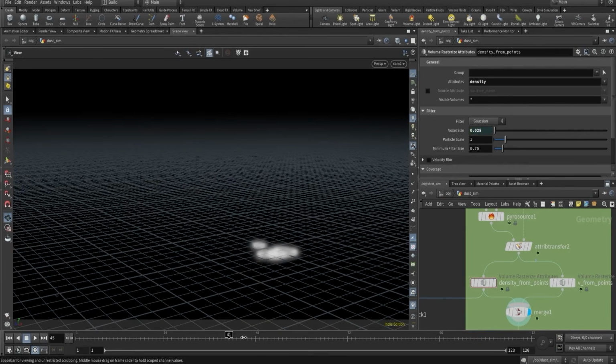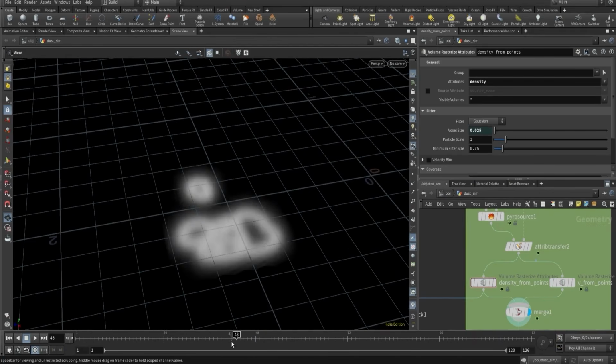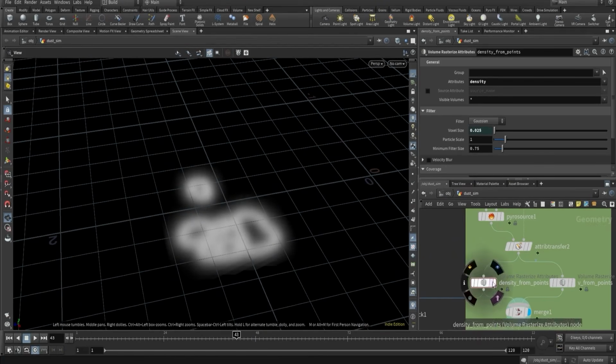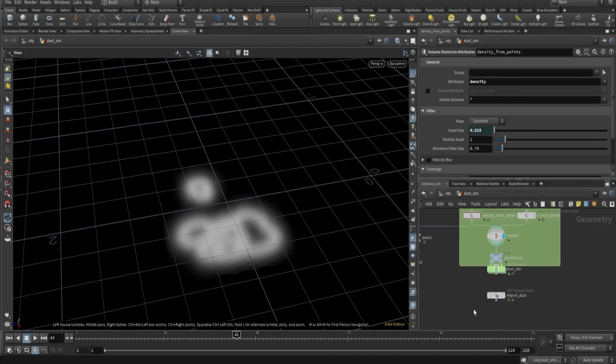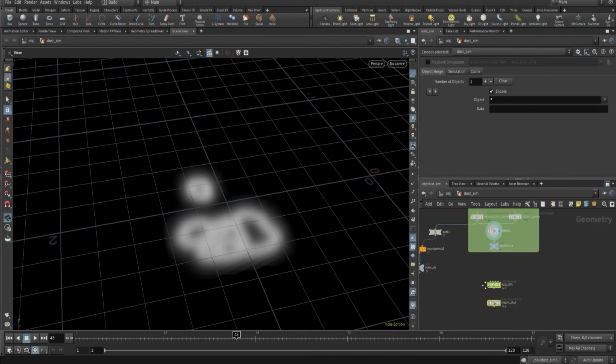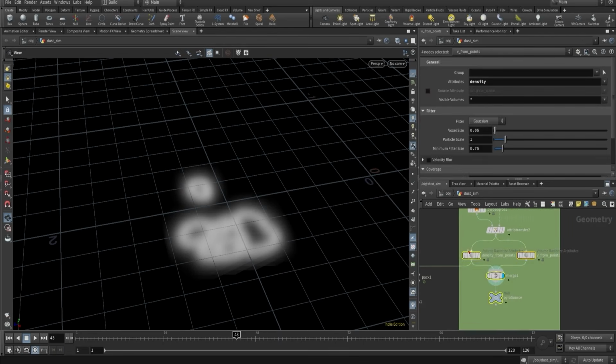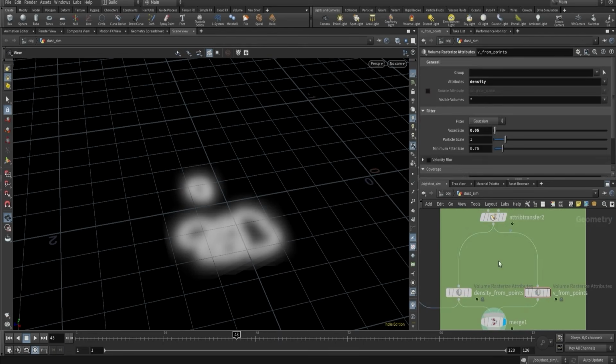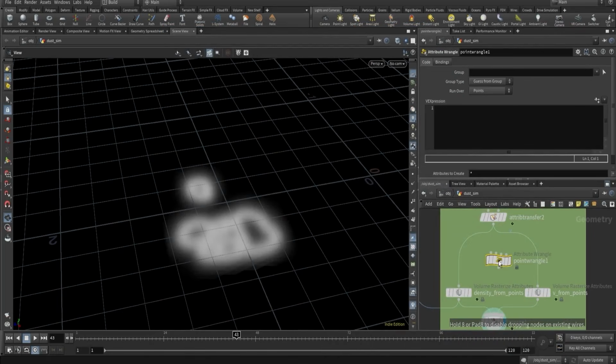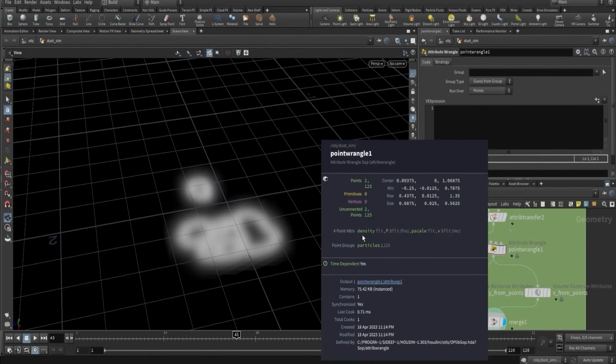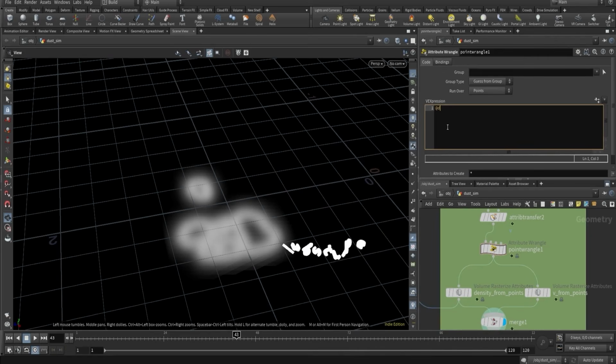Yep, and one more thing, as you can see it's stopped over here, right? I don't want to emit smoke over here. For that, let's just make some room, as we will add some extra nodes over here. I was talking about the length, right? So let's use that. We will use a point triangle. Right, so here if I middle click, I have that density attribute. Let's take advantage of that. We can manipulate the density attribute over here. If I just type density,